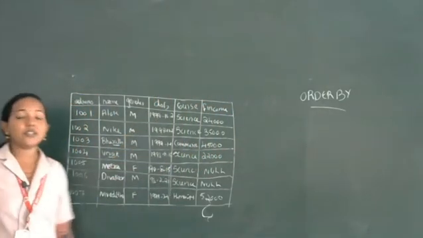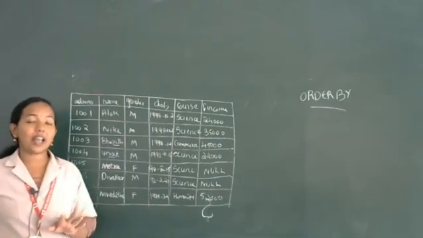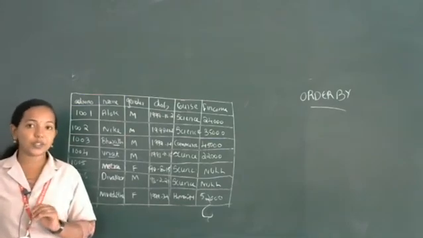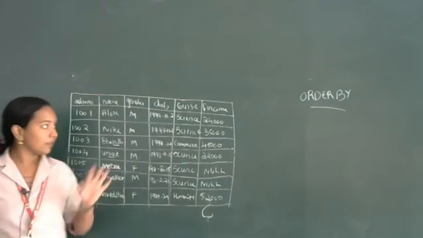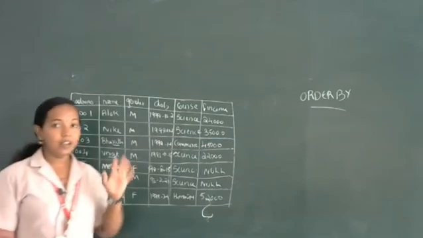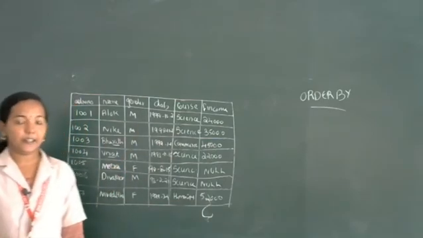So this is the ORDER BY clause. How are we arranging values in order? That means in ascending order, descending order or alphabetical order. Which clause are we using? The ORDER BY clause. Clear? Admission number, name of the student. Here the table is given, and according to the table we can easily identify.